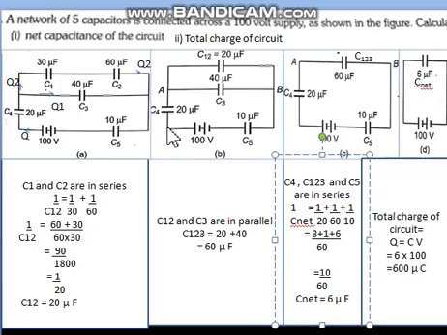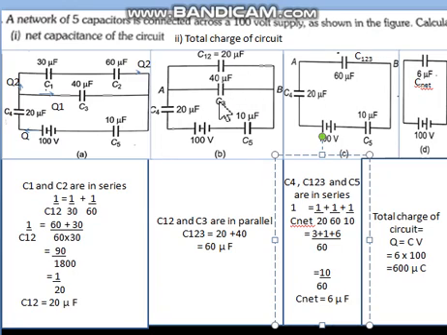So whatever charge was flowing through the battery, it got divided here. Q1 went here and Q2 went here, and then again Q2 and Q1 added. So whenever the charge gets divided somewhere and gets added at the other point, that means those two branches are in parallel. So 20 and 40 are in parallel. The parallel answer is obtained by direct addition. Let us name this capacitor now C123. So the answer of these two is C123 and answer will become 20 plus 40, means 60 microfarad, because they are in parallel.